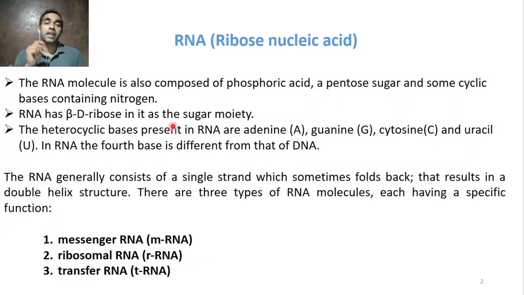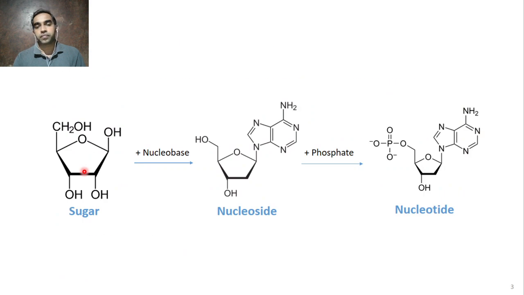In DNA it had deoxyribose sugar, but here it has ribose sugar, that is beta D ribose. The bases present in DNA, you remember, are adenine, guanine, cytosine and thymine. Here, instead of thymine, you have uracil: adenine, guanine, cytosine and uracil. This is the difference between DNA and RNA. So how is a nucleotide made up? You take sugar,